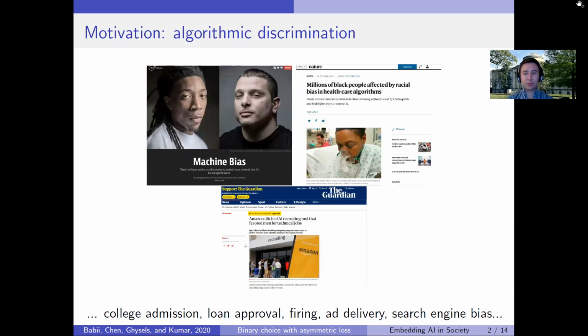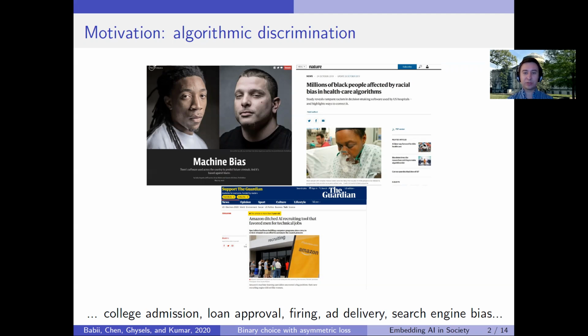Algorithms are used more and more frequently for decision-making in different settings, and there is a growing concern of the problem of algorithmic discrimination. For example, algorithms are used to help judges in making bail decisions in criminal justice. And it has been reported that an algorithm called Compass that is used in several states tends to discriminate against Black people compared to white people. The algorithm predicts high recidivist risk scores for Black people 2 times more frequently by mistake compared to white defendants.